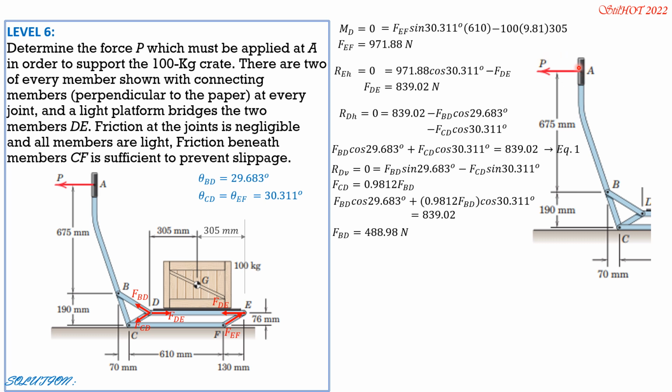Finally, we draw the free body diagram of this arm. And take note that since there are two members, there are two arms also. We divide P by 2. So 675 plus 190, that's 865 mm. So the free body diagram for 488.98, that's FBD. These are the two forces, but plus the pin reaction at C, but we set moment at C, so these are not important anymore. And moment at C equals 0, considering counterclockwise positive, so I now divide P by 2, so P over 2 times 865, 675 plus 190,